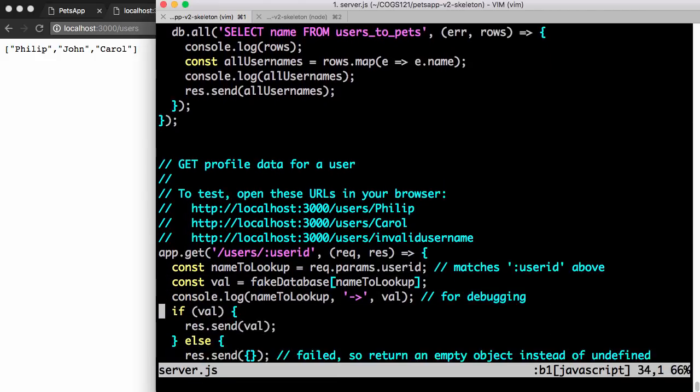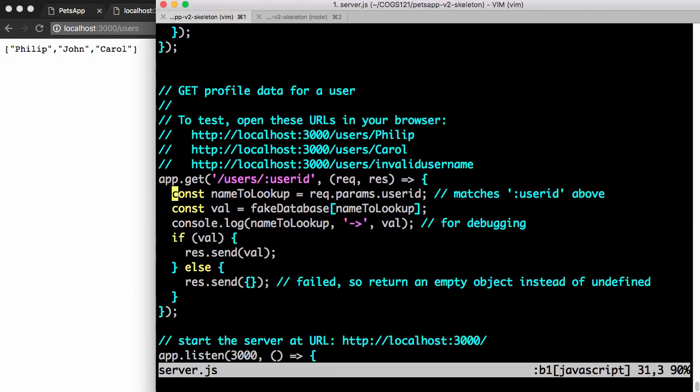So the next thing we want to do is get the profile data for a particular user. Recall from version 1 that if you want to visit localhost/user/Philip, it should find the data corresponding to Philip, Carol, and so forth, and for an invalid username, it should find nothing. So the first thing we want to do is get the name of the person we want to look up